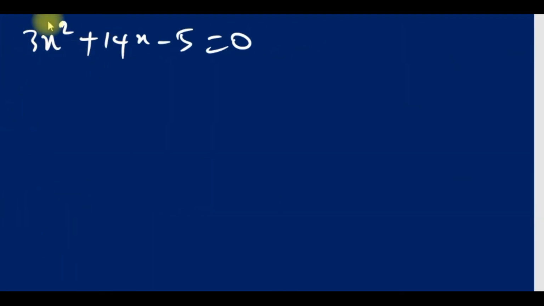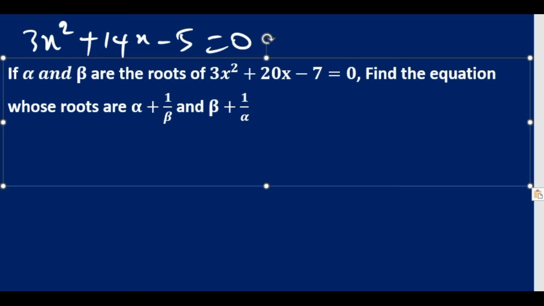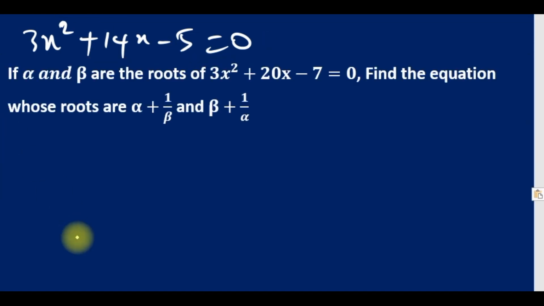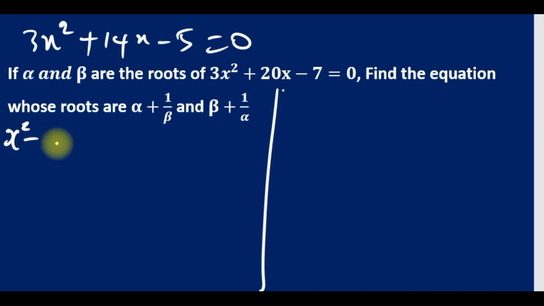Okay, but look at this technical question. We're asked, if alpha and beta are the roots of 3x squared plus 20x minus 7 equal to 0, find the equation whose roots are alpha plus 1 over beta and beta plus 1 over alpha. So from what we said, to form a quadratic equation is always x squared minus sum